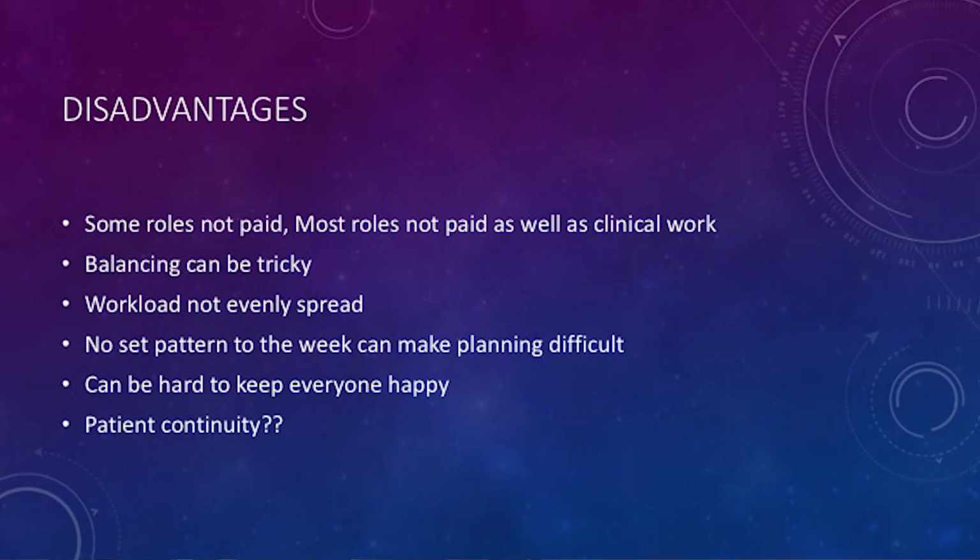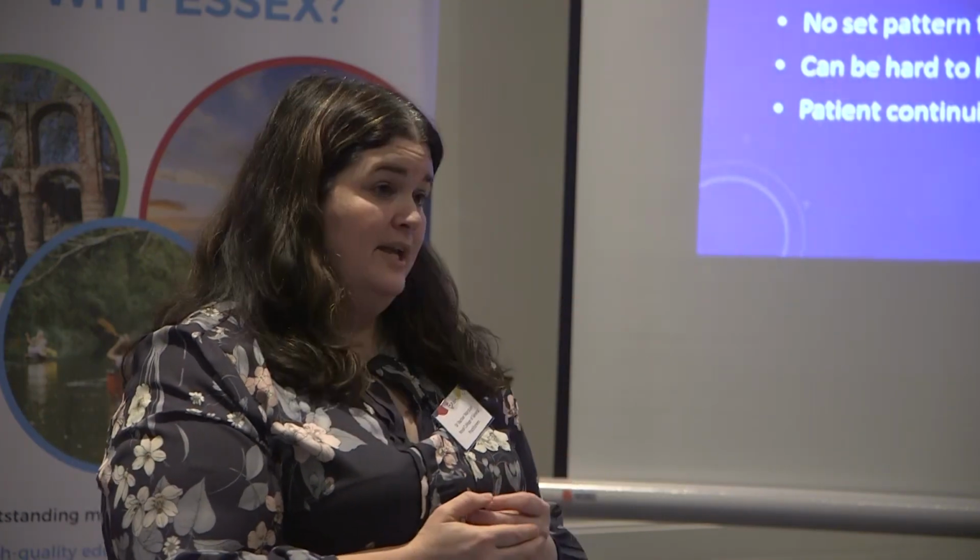Disadvantages, obviously there are pros and cons of that kind of way of working. So some of the roles are not paid, and a lot of the roles I took early on certainly either weren't paid or were paid for a lot less work than they were. And sometimes you have to do a bit of